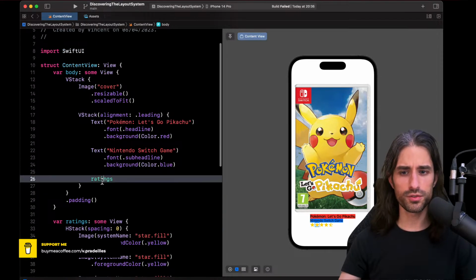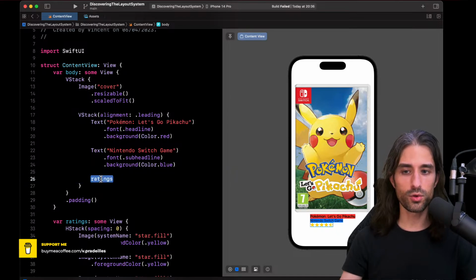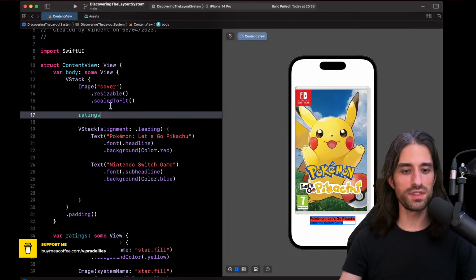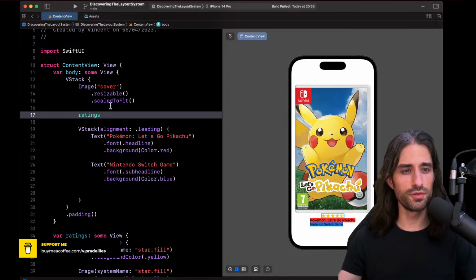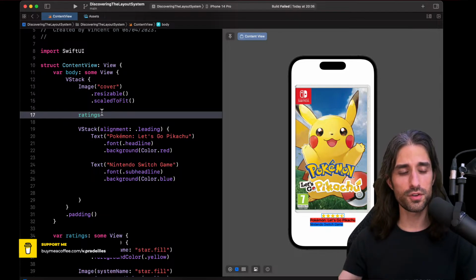Yeah, something I wanted to point out also is how easy it is to change the order of things in SwiftUI. So for instance, if I take the ratings and I want them for some reason to be between the image and the text, I could just take the call to the property, move it here in the VStack on the top. That's it, it's moved. It looks a bit stupid what I've just done, but what I wanted to point out is the fact that if you wanted to do the same thing in a storyboard that uses Auto Layout, or even in views defined in code in UIKit but that use Auto Layout, it wouldn't probably be as easy as simply moving one piece of code around in the view hierarchy.